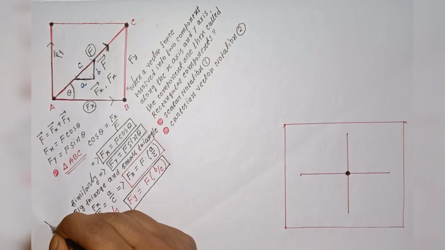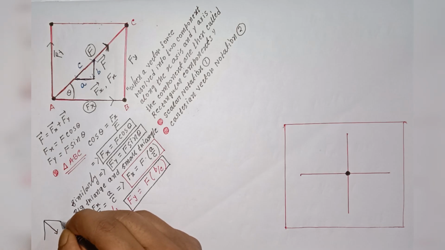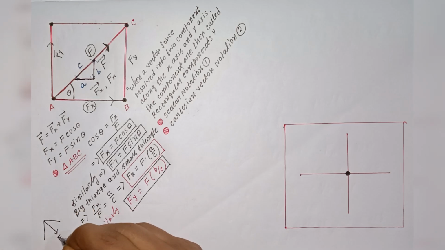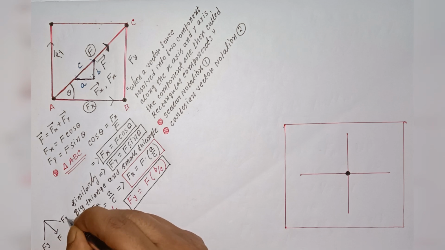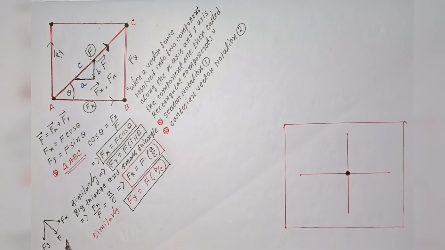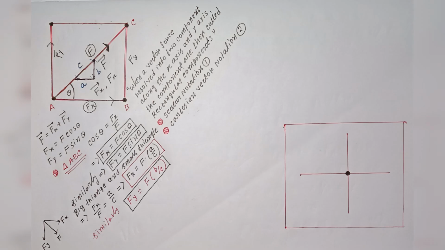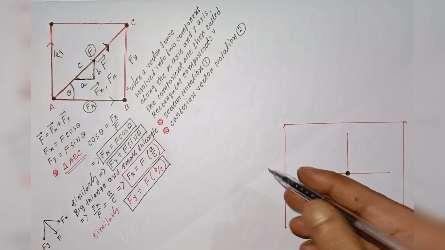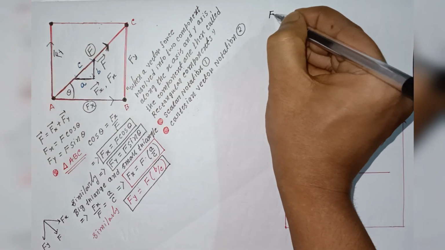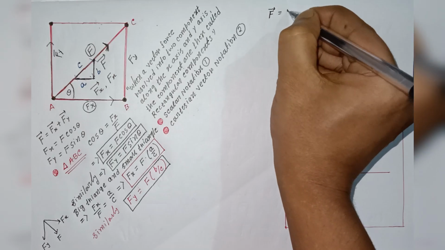Vector direction, my friend. Suppose the head of the vector points downward and the tail is upward, then which axis will it hug? Yep, positive x-axis and negative y-axis. In that case you will say Fy equals minus F into b by c, minus F, because y is negative. Alright folks, that was the scalar notation concept.